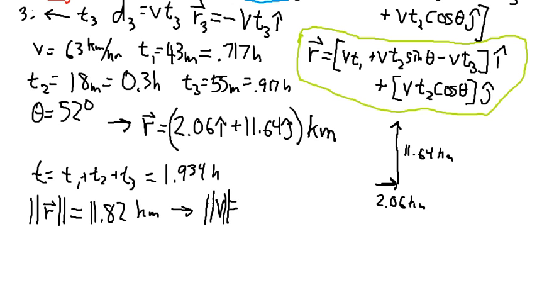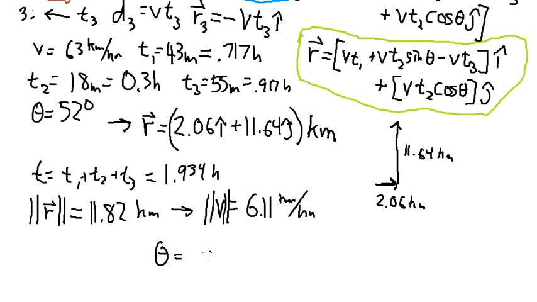So what they really want is average speed, or not average speed. No, the magnitude of the average velocity is going to be this distance divided by this time. So let me just divide that by 1.934 hours, and I'll get 6.11 kilometers per hour. And the angle should equal then, and the angle they ask for in